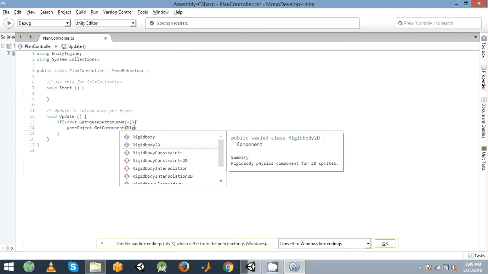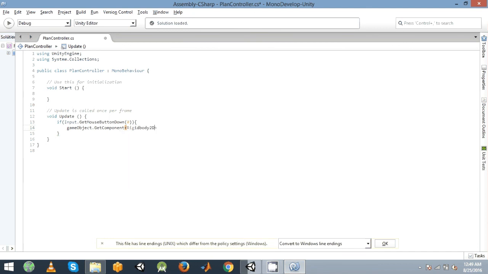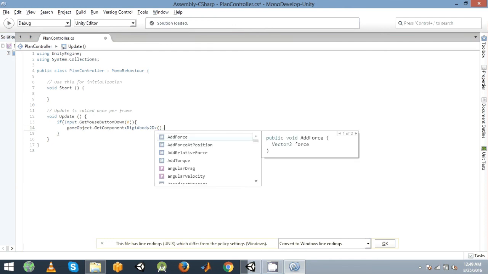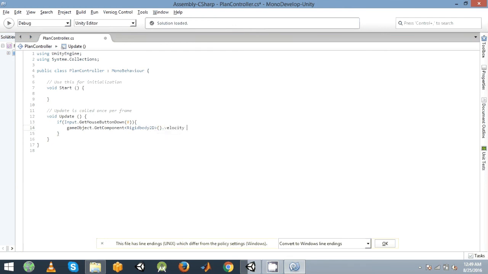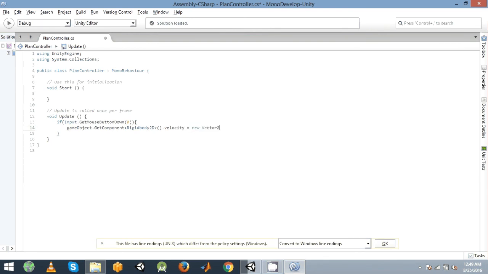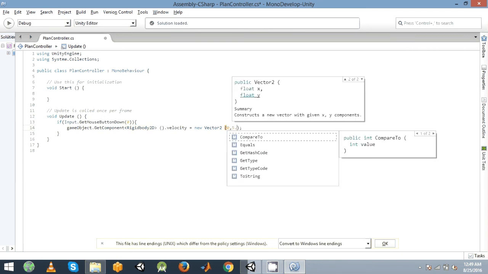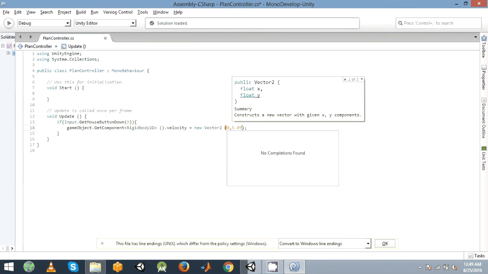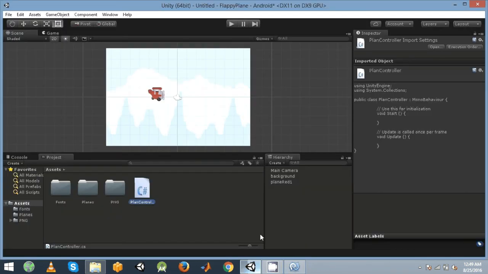We get that Rigidbody through our code, and now write velocity equals new Vector2, because we are working in a 2D environment. We are not going to move in the x direction, so we will pass 0 as the x value, and we will just add velocity in the y direction. That's all the code.